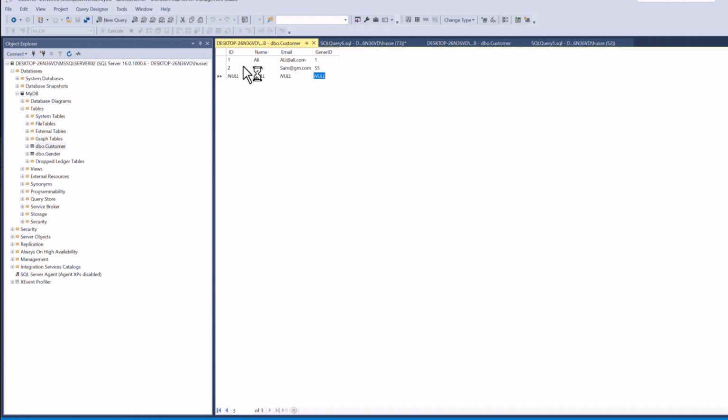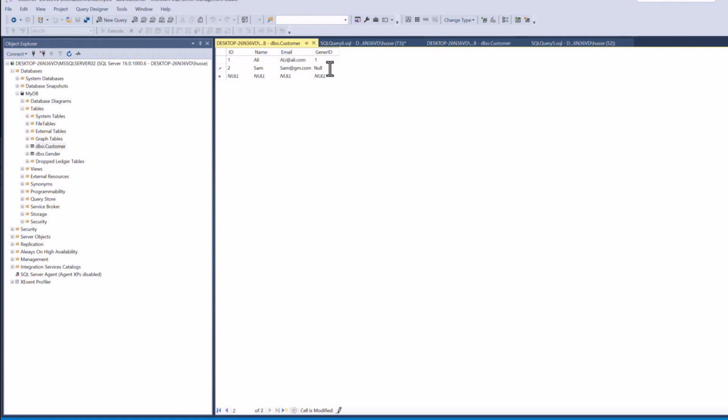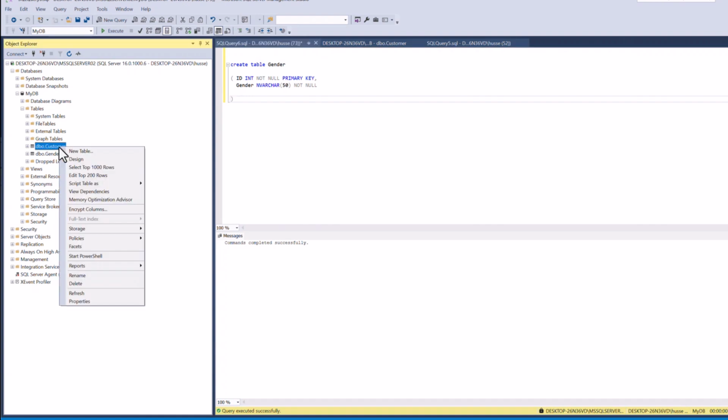I'm going to delete this row here and I will say null. Okay, and then let's close this and go right. So if we go to the customers table and then we say design,